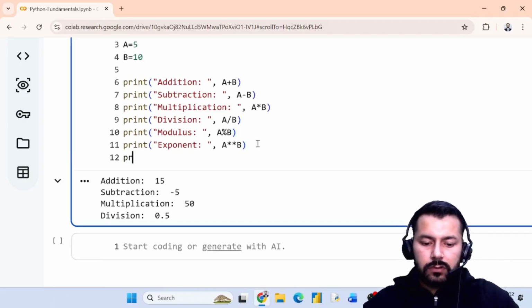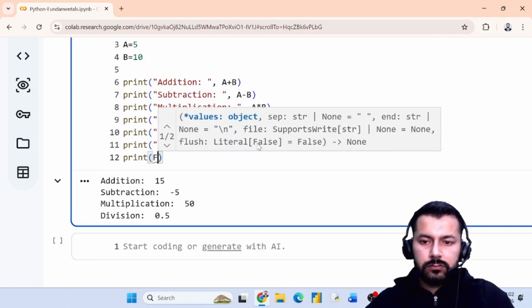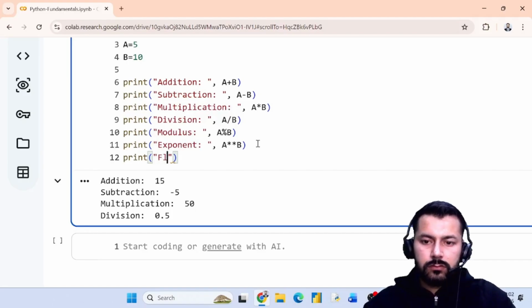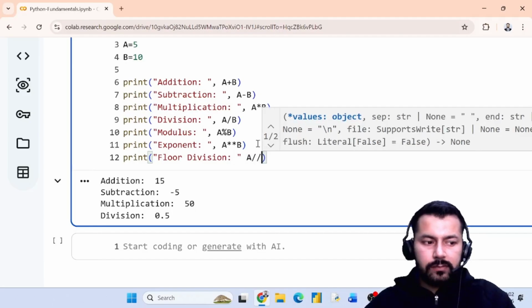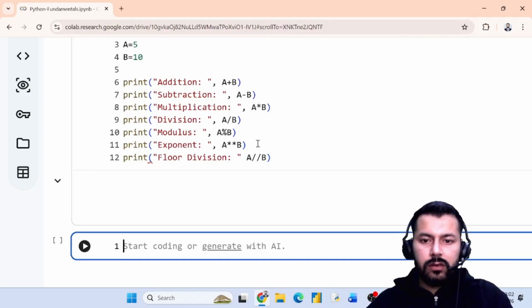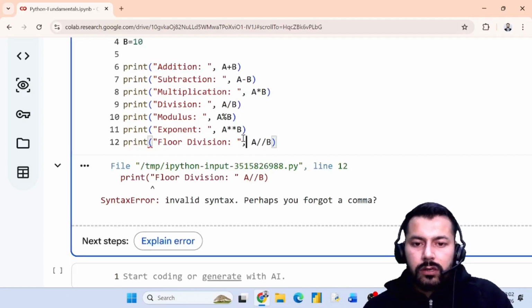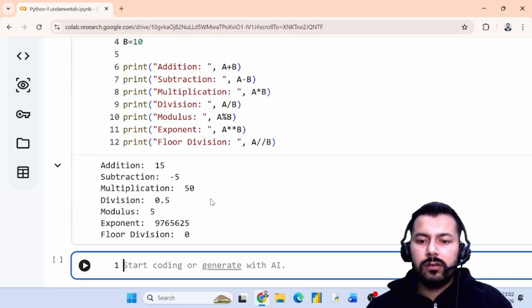If one more is there, that is for floor division, we will be writing 2 times slash and then b. Now run it. Okay, we have not used a comma here. See,